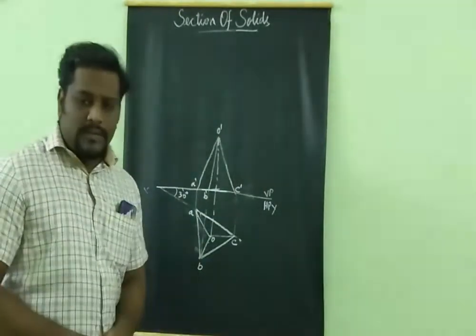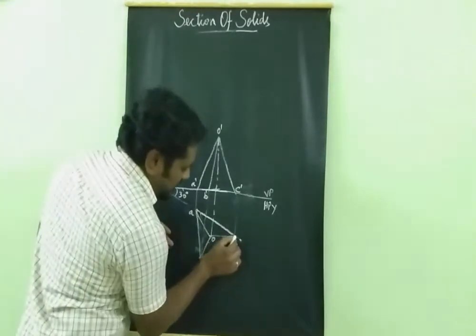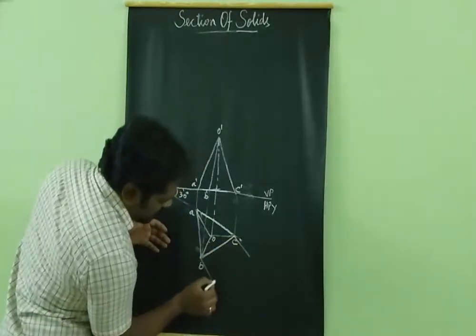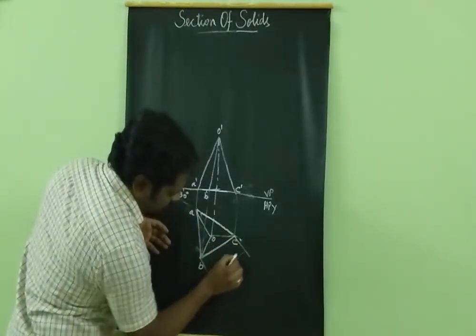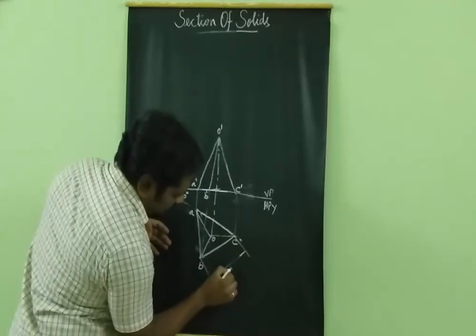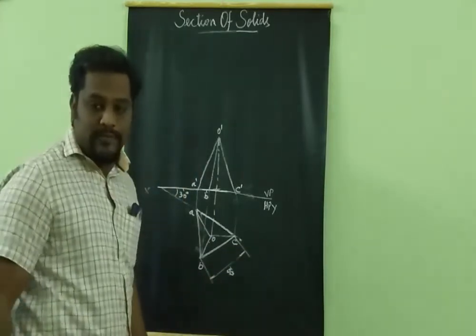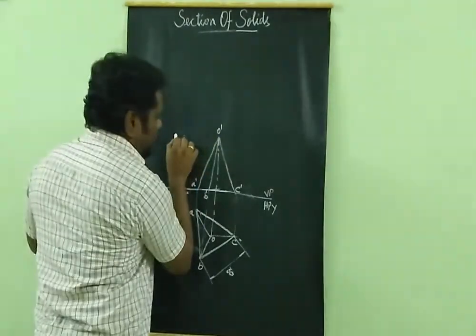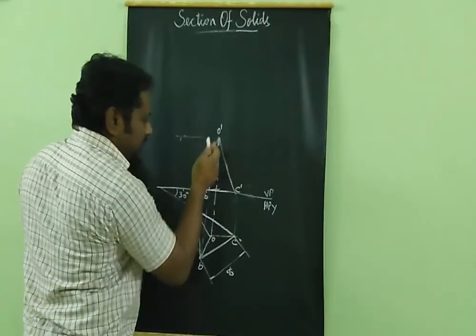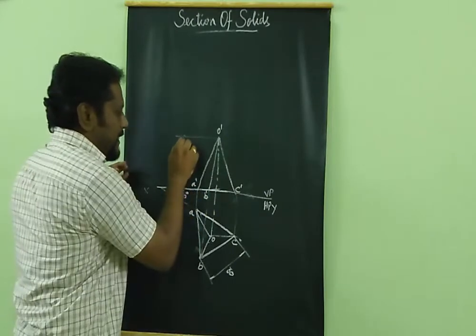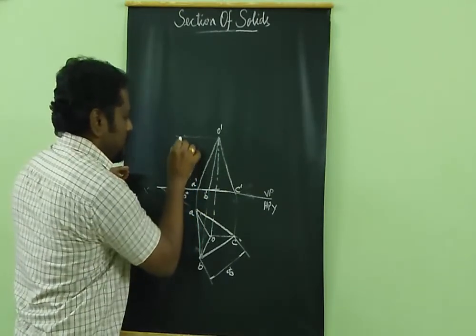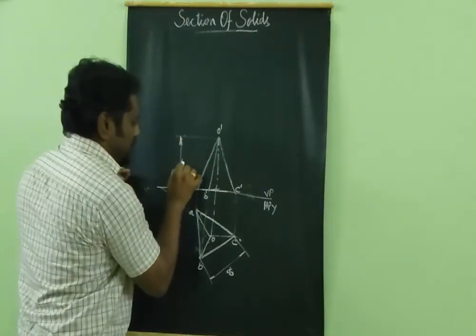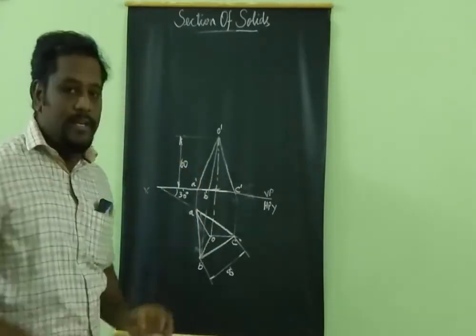Now the base side is 30 mm. So this is your 30 mm, and it has the altitude of 60 mm. So in case of altitude, the height of the pyramid must be 60 mm, not the slant edge is 60 mm, the height of the altitude is 60 mm, right? This is how I have to make the simple position.